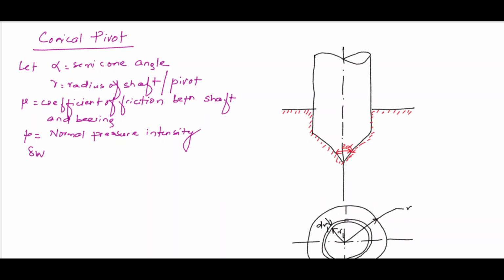Then del Wn is the normal load acting on the ring, that is equal to pressure into area of the elemental ring. Okay, now